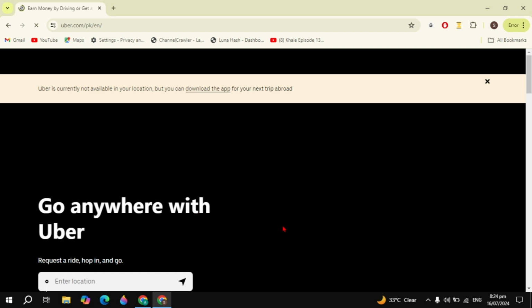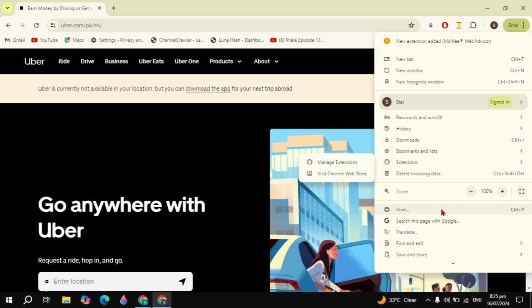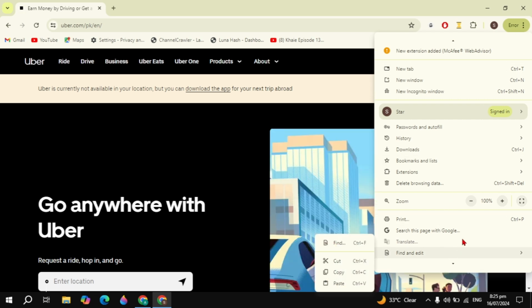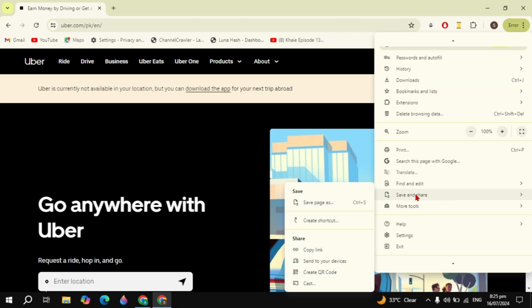So once you open the website, here you will find the option of install on the top, and if you don't find it here, just click on the three dot option you are seeing and then go to the save and share option you are seeing here. So once you go to the save and share option, you will find the option of create shortcut here,